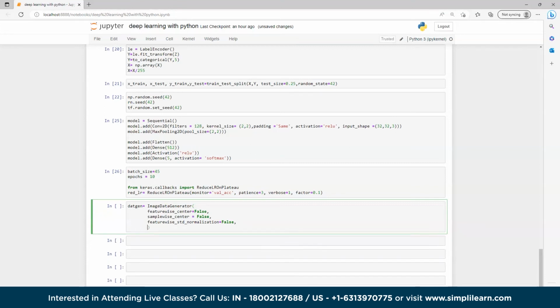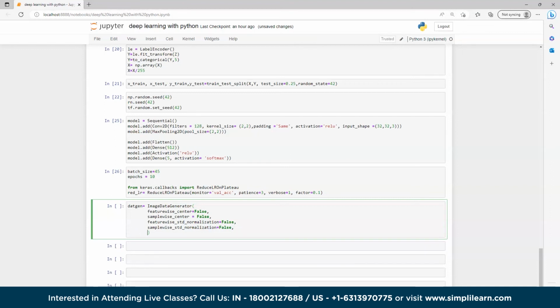Okay, then samplewise standard normalization equals to false. Then it divides each input by its standard deviation. Then I will write here ZCA whitening equals to false. Applies ZCA whitening,